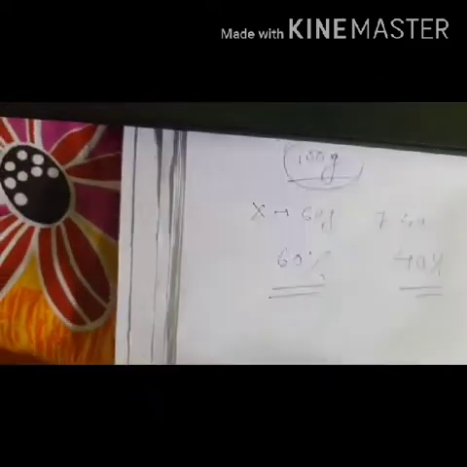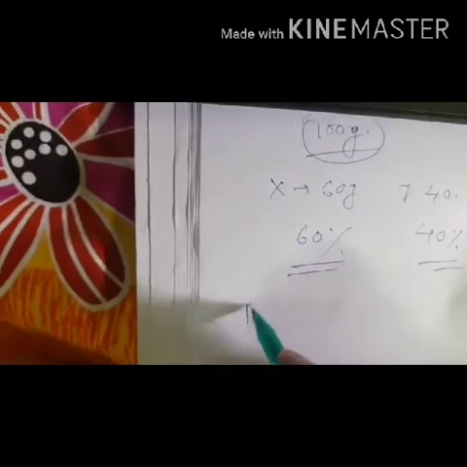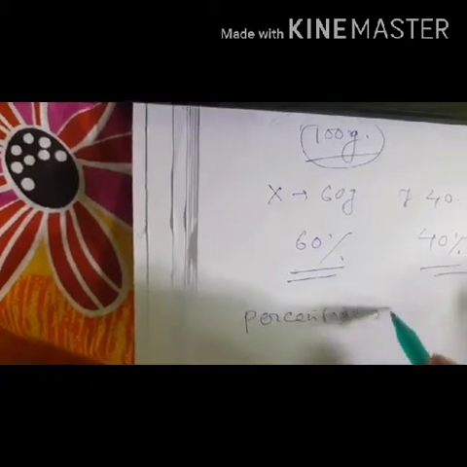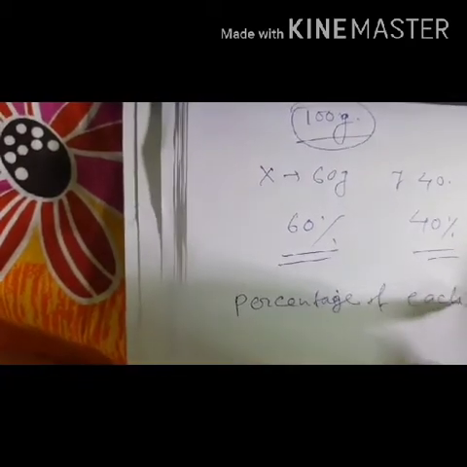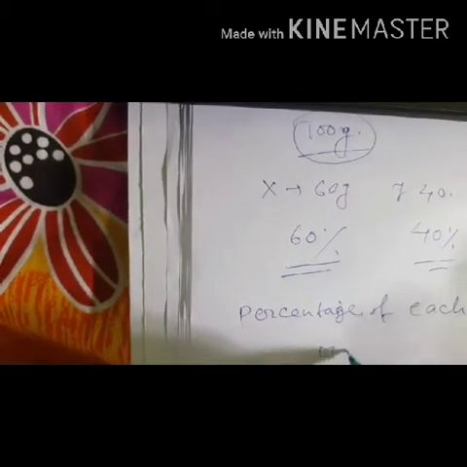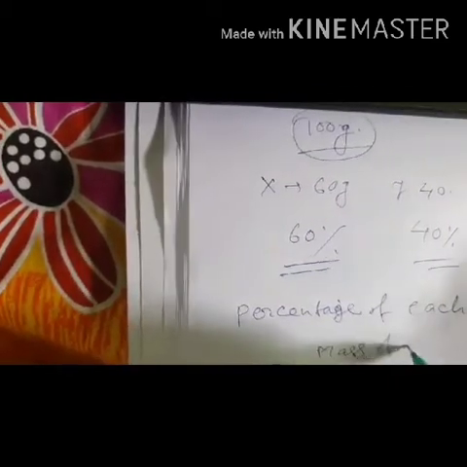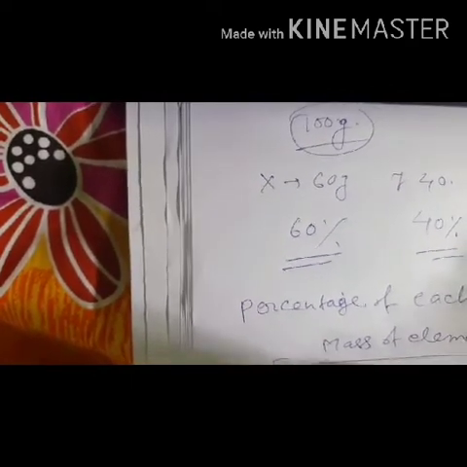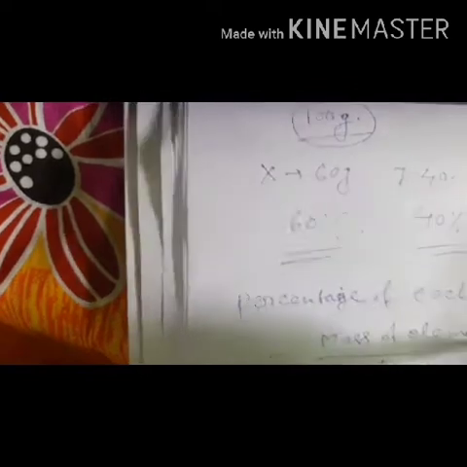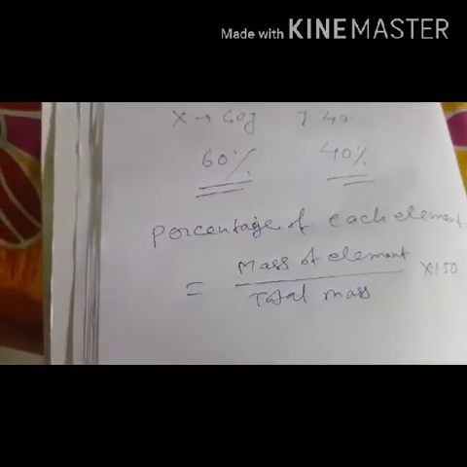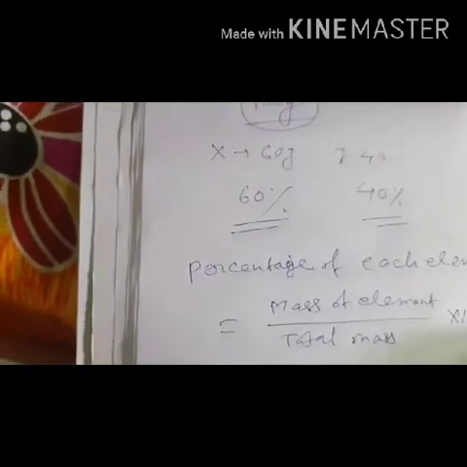So we can write here, the percentage of each element equals the mass of the element divided by the total mass, into 100. That is the percentage composition. Now,